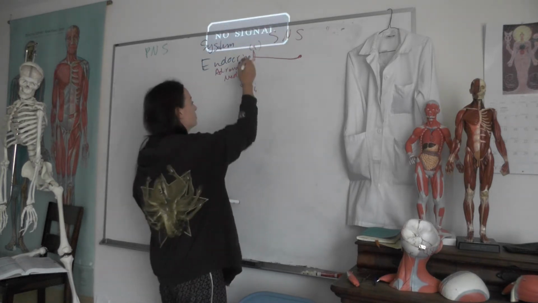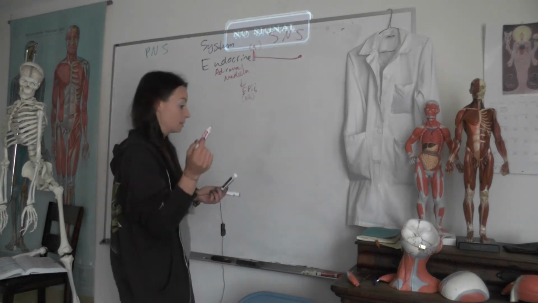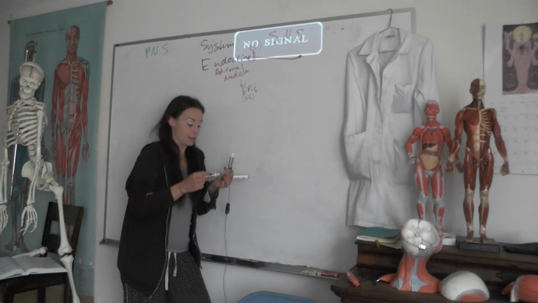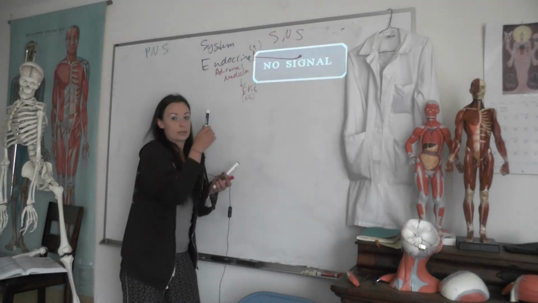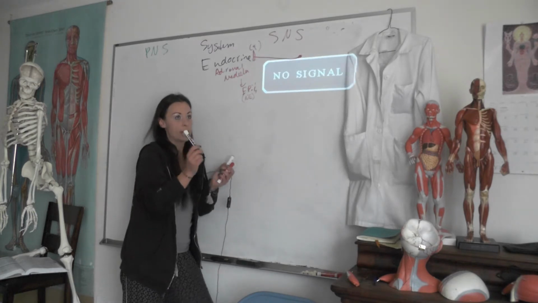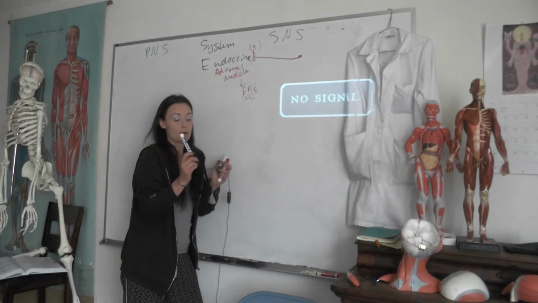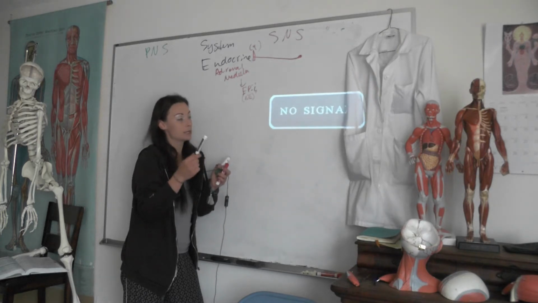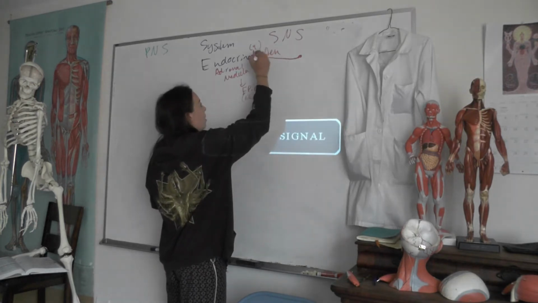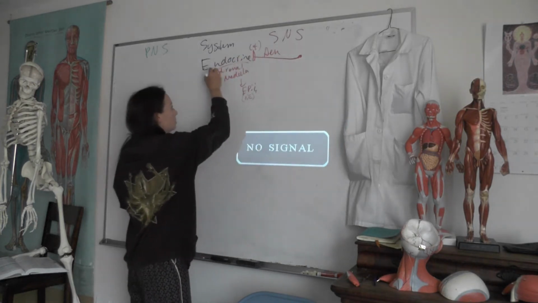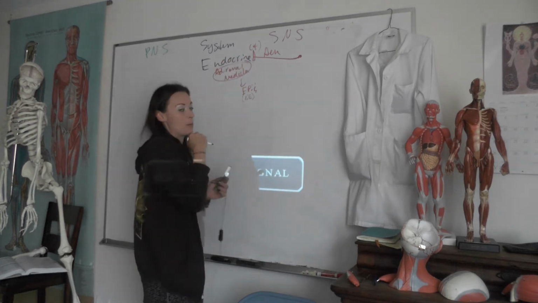Norepinephrine is what's being used as the neurotransmitter at all of the targets other than this one. And so that brings me to a question. This is a preganglionic neuron. What type of neurons are all of our preganglionic neurons? They're all cholinergic. So that means this neuron is releasing acetylcholine onto my adrenal medulla, and I'm stimulating the release of epinephrine and norepinephrine.